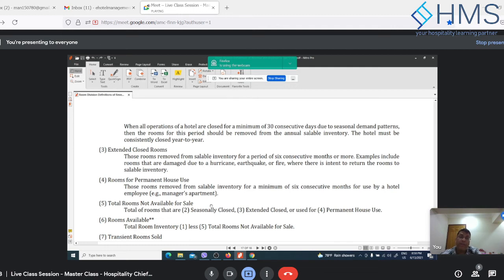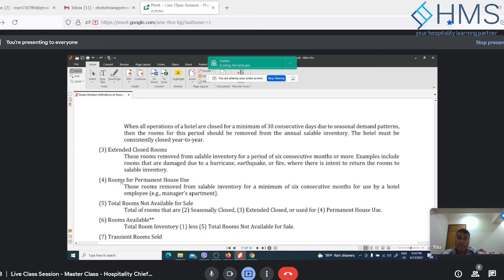So usually we look at the intent, right? At the time of the closure of the rooms, what is the intent? Are we going to open in the next 3 months, or in the next 6 months? If at the point of closure the intent is to keep it closed for only 3 months, then you will not remove it from the inventory. But if you revise your estimate and say, now we need to close the room for 6 months, then you will remove it from your inventory. So it depends on the intent, not on the actual passing of 6 months.